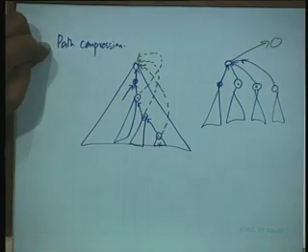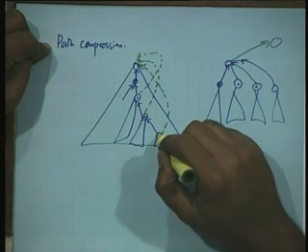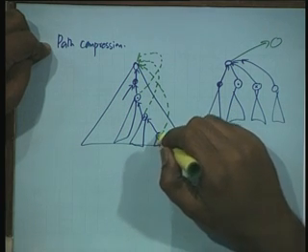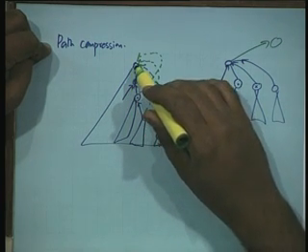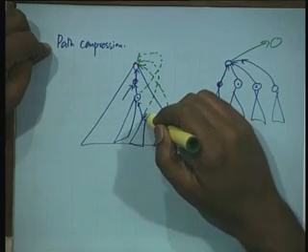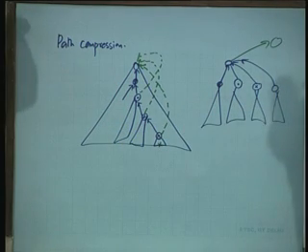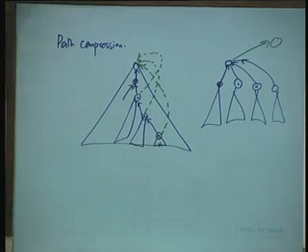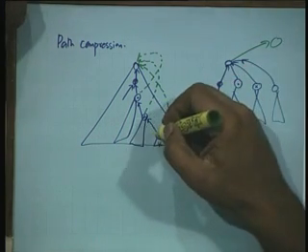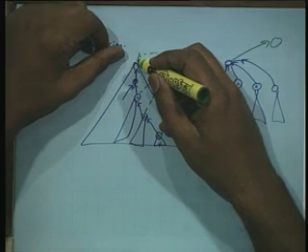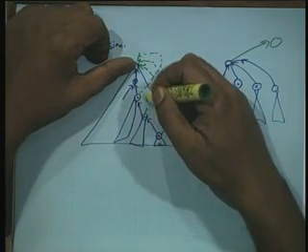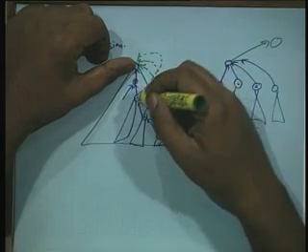What are we doing in path compression? When I am doing a find operation on this node, I am in any case going to travel all the way up. I am going to traverse this link and this link and this link. Why do not I do something now which will make future finds easier, with lesser time? So, once I do this, I will make another pass and change the pointers to directly point to the root.